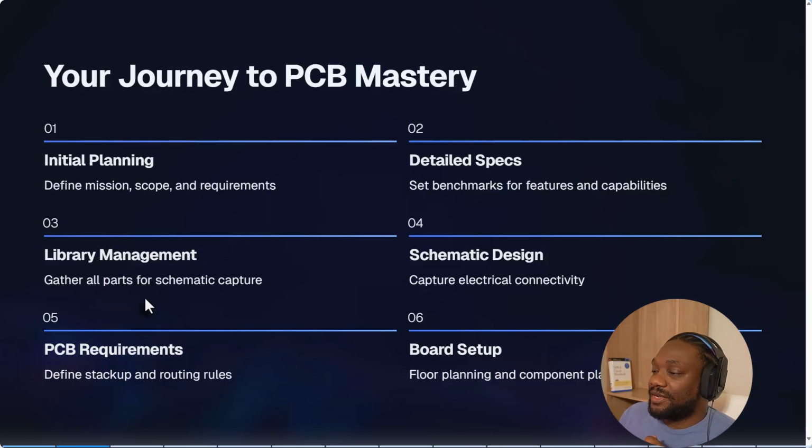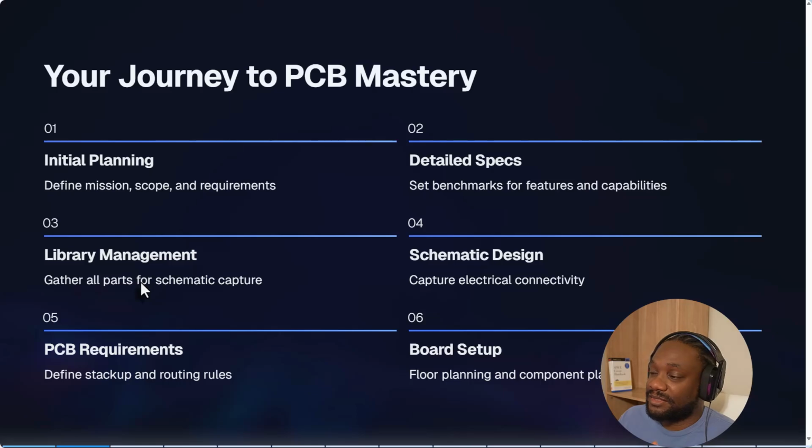The next part is library management. This phase is library management. Like Tom Hausherr says, he's the primary author of the IPC 7351 version B, he says all successful, all perfect PCB design depends on an ECAD library, something like that. I wish I could quote it better, but that's what he told me in a discussion that he and I had a few years ago. You can find him. And what he says is you've got to get the libraries